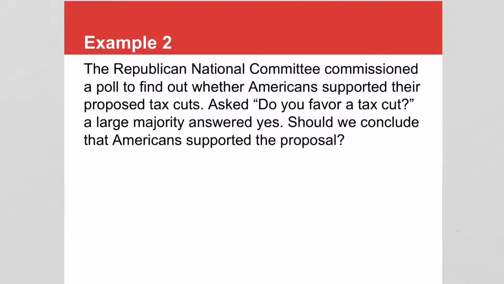So, if somebody were to just walk up to you and say, "Would you like to not pay taxes or pay less?" Well, duh, yeah. But if there's a tax cut, there's repercussions to that, right? So when the study is conducted, you need to know what those repercussions are, or you need to know if there's other options, okay? So this question is biased